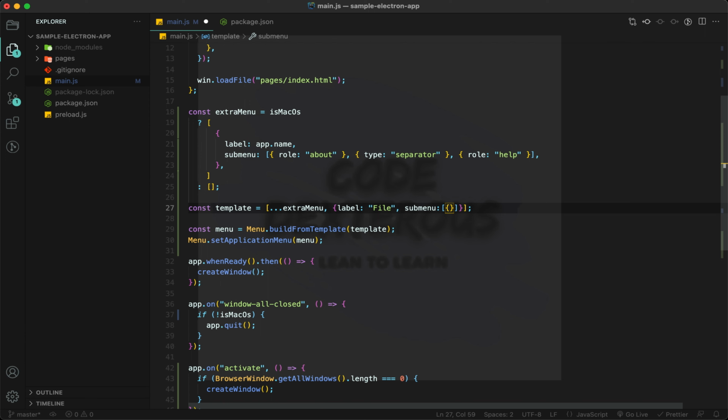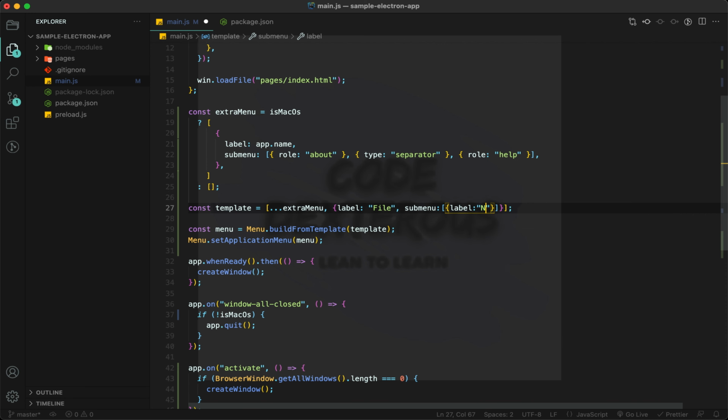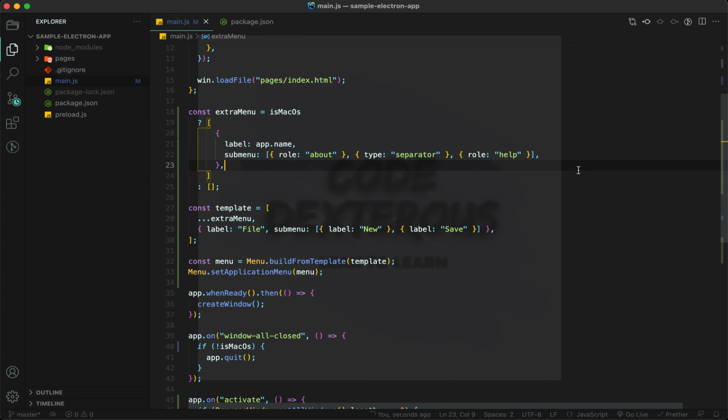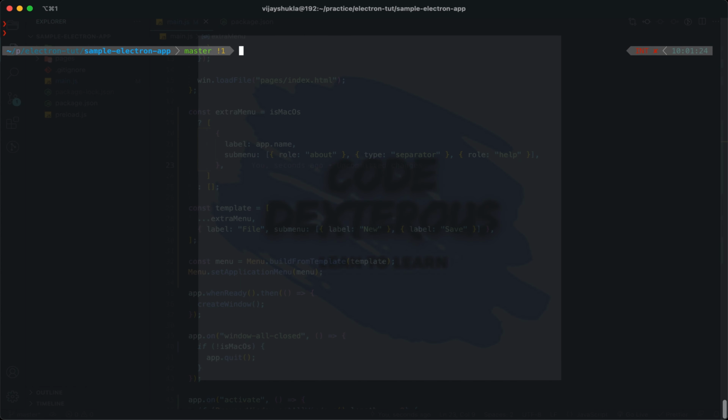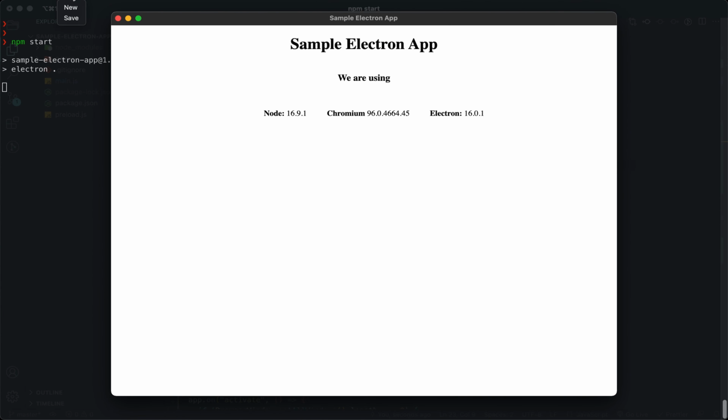First will be a label New, and the second one will be a label Save. Okay, and let's see. Here you can see we have File, New and Save, but nothing will happen because we have not given anything related to this.